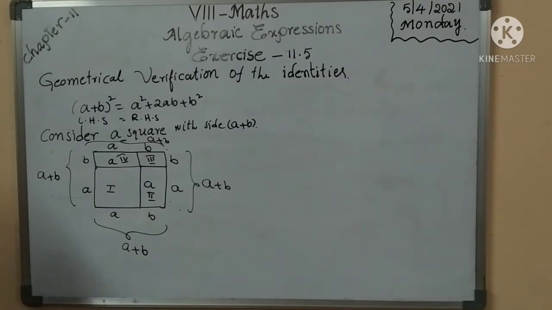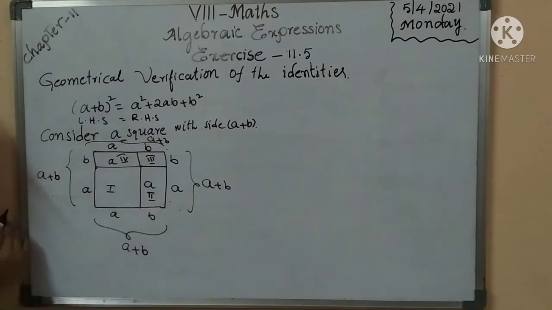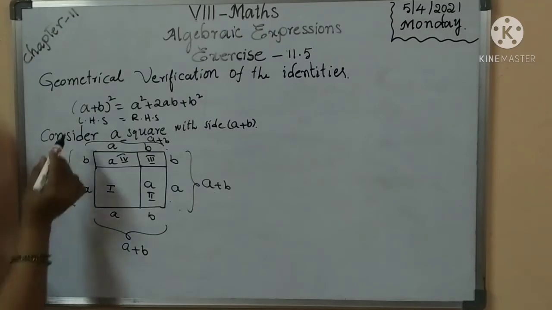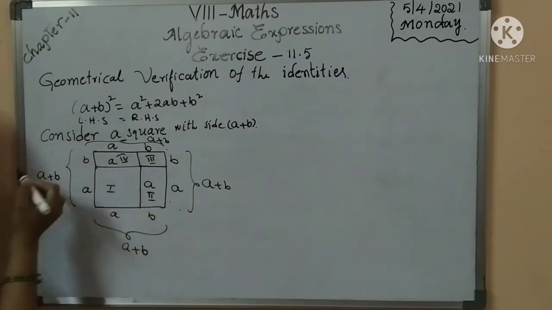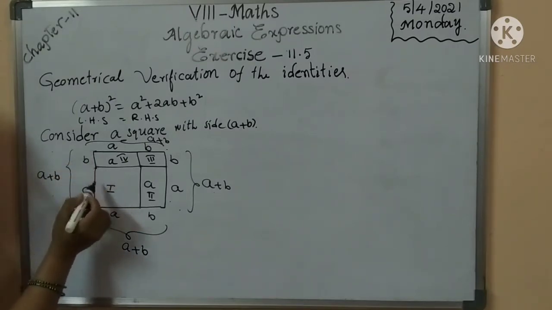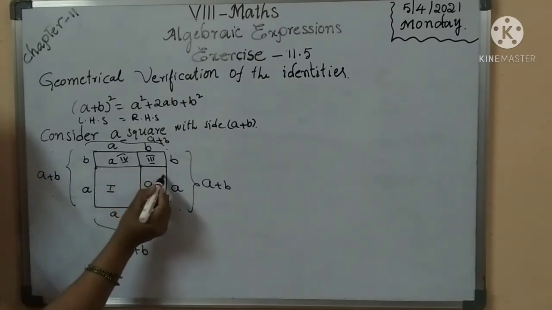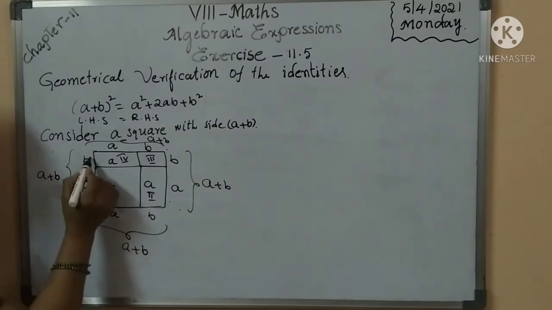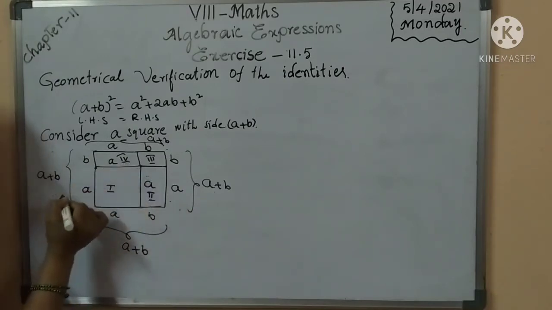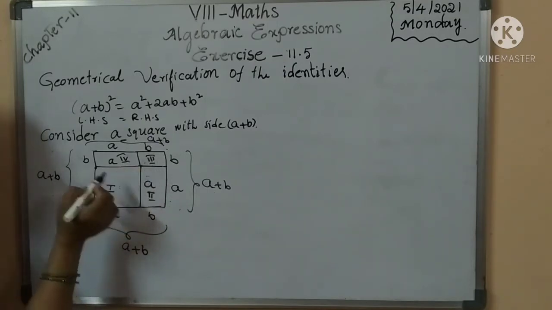Did you understand, children? So why do we have to add b? Here it is given a plus b. We know that a is a side of the square. So plus b, adding b to all sides. Adding means up to here actually we take only this part, but adding means all sides get b units. So now joining the remaining sides, observe that there are 2 rectangles and 2 squares.